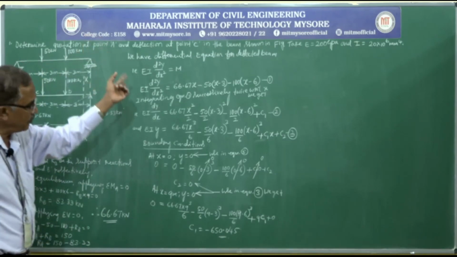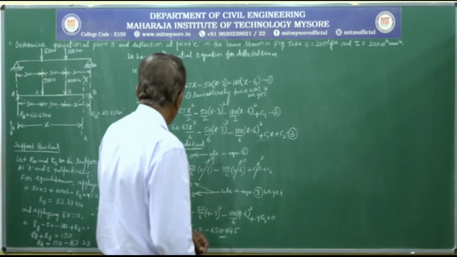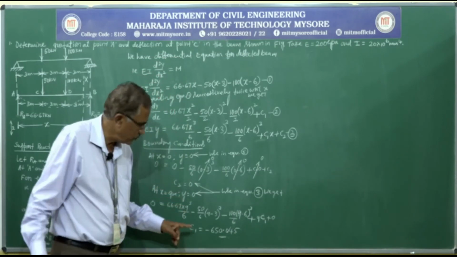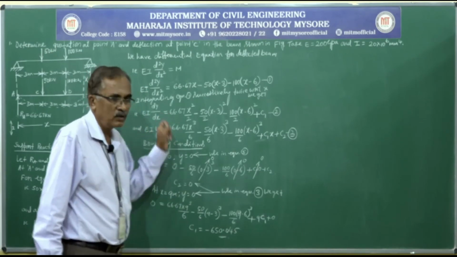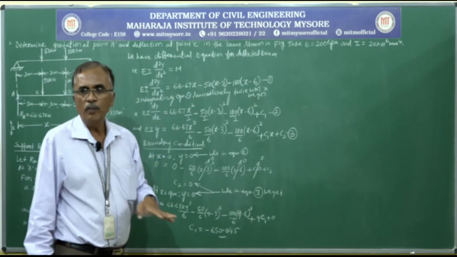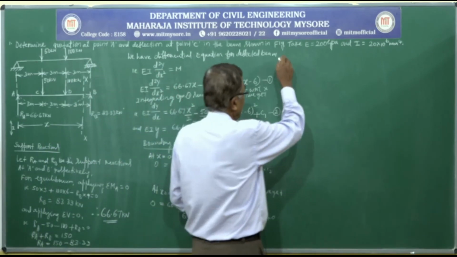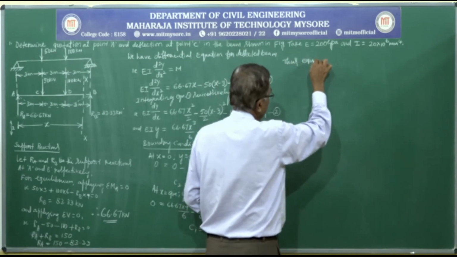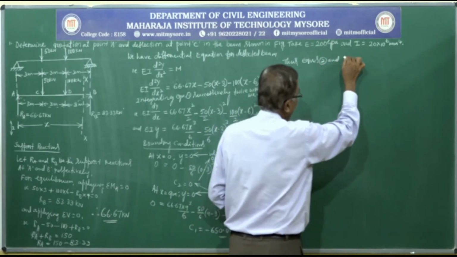So by applying the boundary conditions, we've obtained the integration constants C1 and C2. Now, after calculating C1 and C2, we can rewrite equations 2 and 3, and those equations will be ready to give the slope and deflection wherever we want. Thus equations 2 and 3 take the form